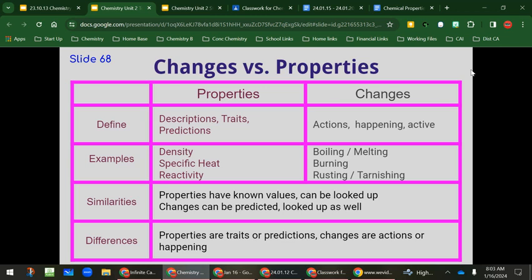Okay? Years ago, this is how doctors did medicine too. Doctors used to have to go and look up, hey, this case where this person had these issues, this is what the disease was. They had to study it. That was the only way they could find it out. Well, the only way they could find out the properties and the changes was to actually go through them with matter and see what happened to them. But the nice part about chemistry is once you find it, you should be able to repeat it. You put two things together, they react. Whenever you put those two things together, they should react.